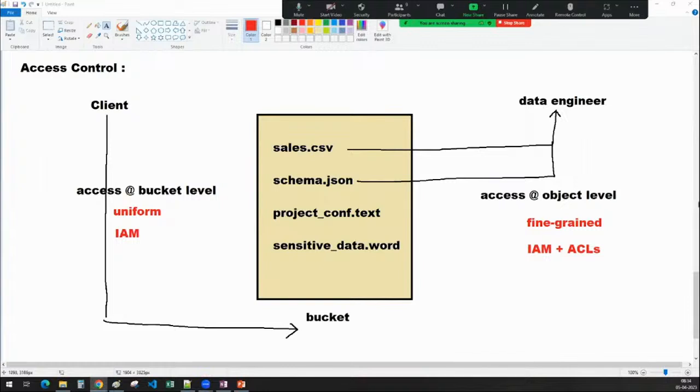One more guy is asking a question. Yes. My question is similar to that. If someone has uniform access, does that mean he has fine grained access, right? If someone has uniform access, that means he cannot have fine grained. Yes, he has the entire bucket access. Means he can access all the fine grained also. So with uniform, you can only achieve bucket level access, but with the help of fine grained, you can achieve both uniform plus object level. But objects are in